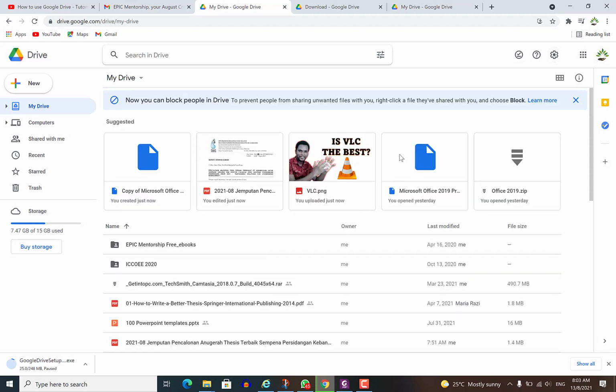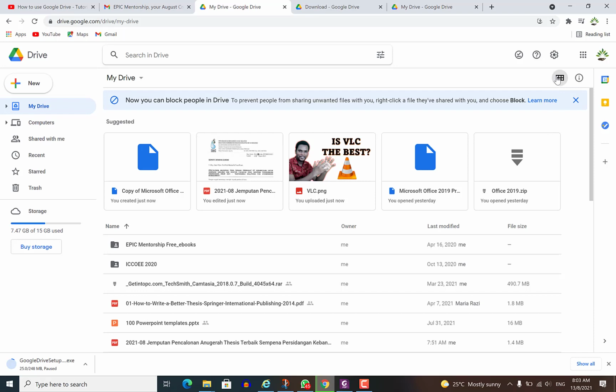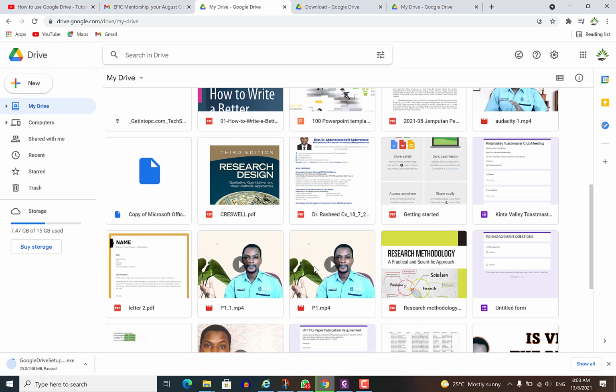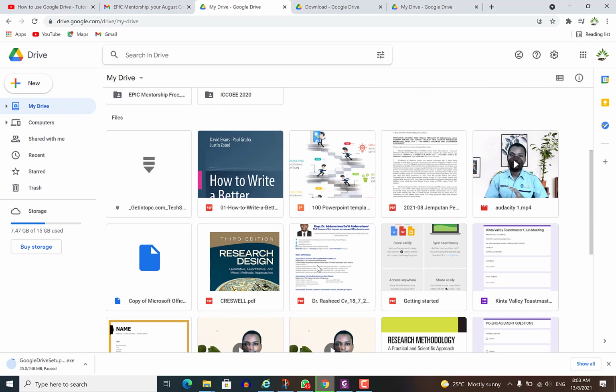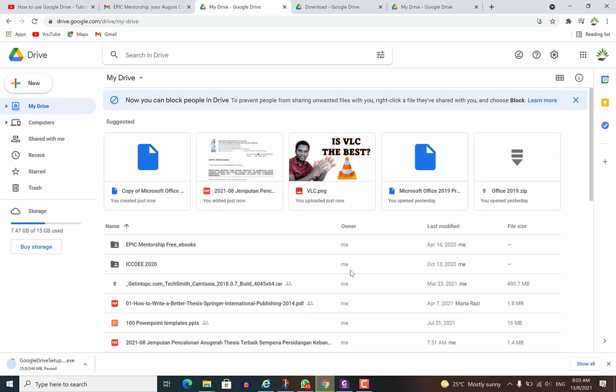Another thing you can do is you can change the view of your My Drive. You can have the grid view. Once you click on this grid view, it will change everything to the bigger folder view. Yeah, I think this looks good. Some people still prefer the other one, okay, the list view. So this one is also good, but if you are a fan of the other one, you can easily click and it will change it accordingly.